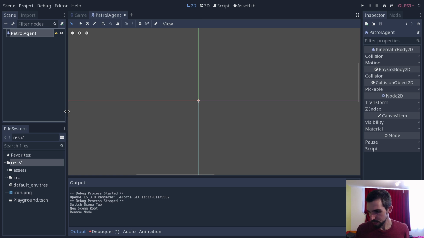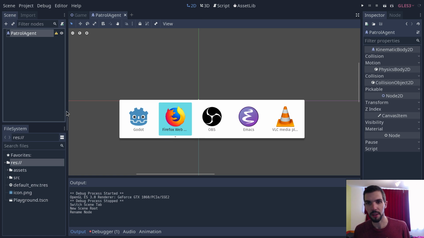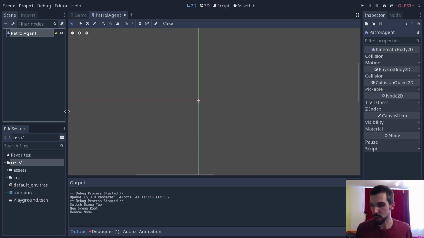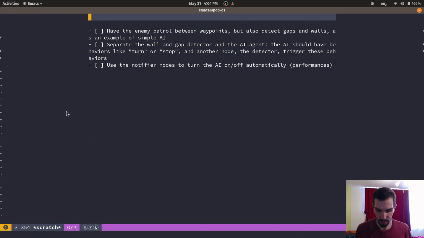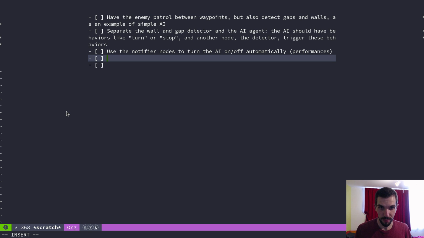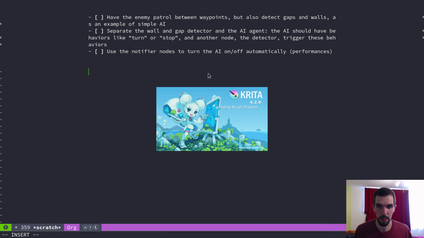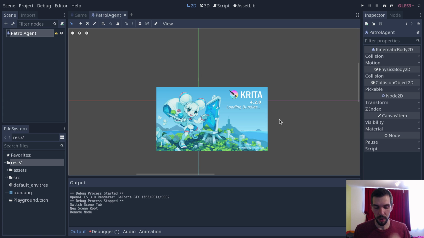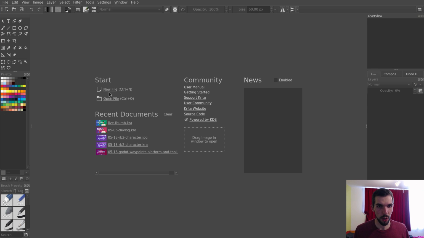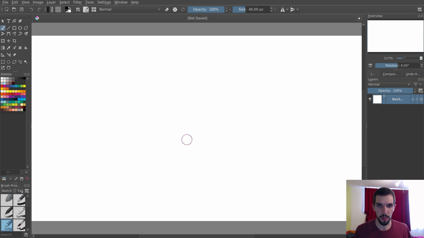So, let me talk a little bit about code structure with good old Emacs here. Hello, handsome. So we have the task list, and so our AI, I don't want it to... I should have some drawing board. Let me bring Krita. I think it'll be more interesting. I want our AI to... Not all the code should be in the same place. So let's say